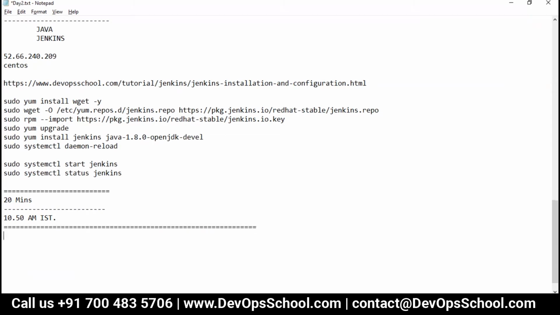This is called the formula for setting up any Jenkins job or project. Let's understand what those are.